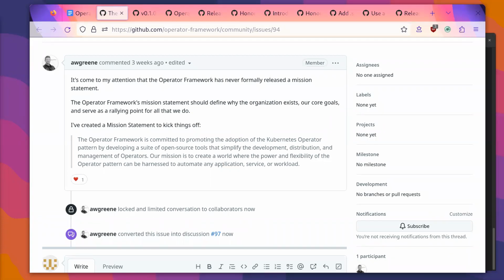Yeah, that is a good point. I also wonder, if we're going to use the term operators in our mission statement, then what is our definition? Everybody has maybe a slightly different definition of operator, and I think that's important because it frames which features we're going to accept, which things we're going to have opinions about, and which things we're not going to have opinions about. So I agree, Ben. I think that's an important thing for us to think about.